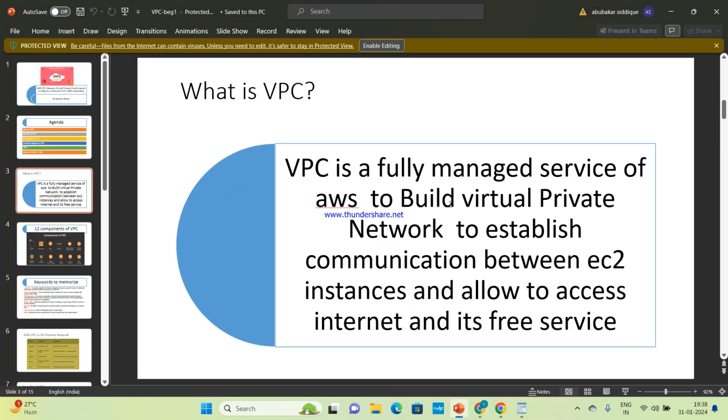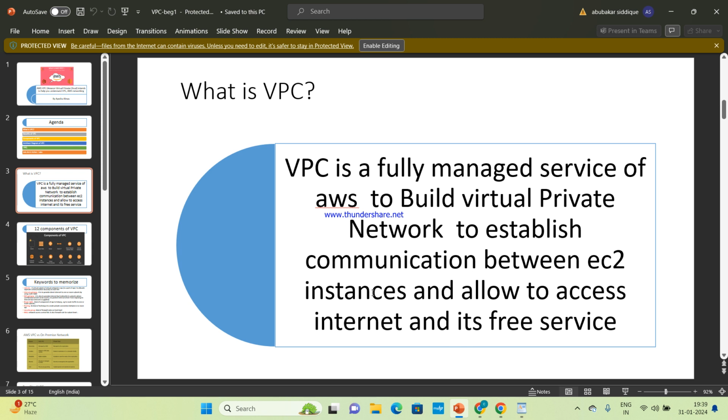So why do we use VPC here? It's to build a virtual private network for an internal team. Like I'm a developer, and my team has 12 members. I want a private server and a private network. For that we use VPC for the private team, to build a virtual private network to establish communication between EC2 instances, and to allow access to the internet.